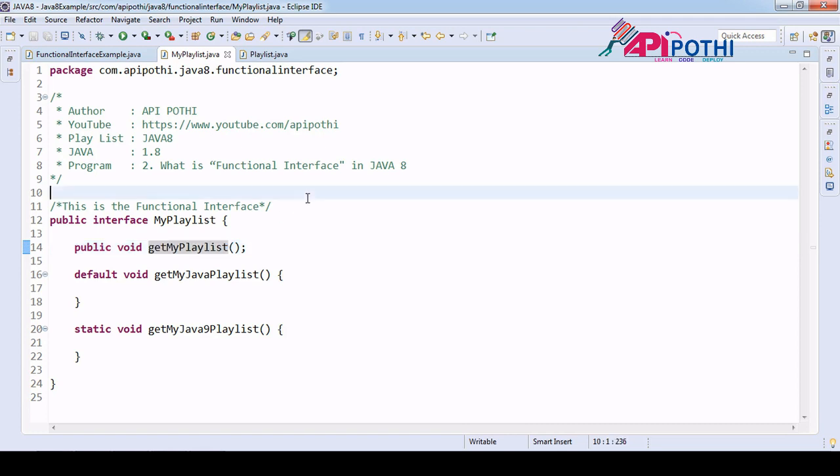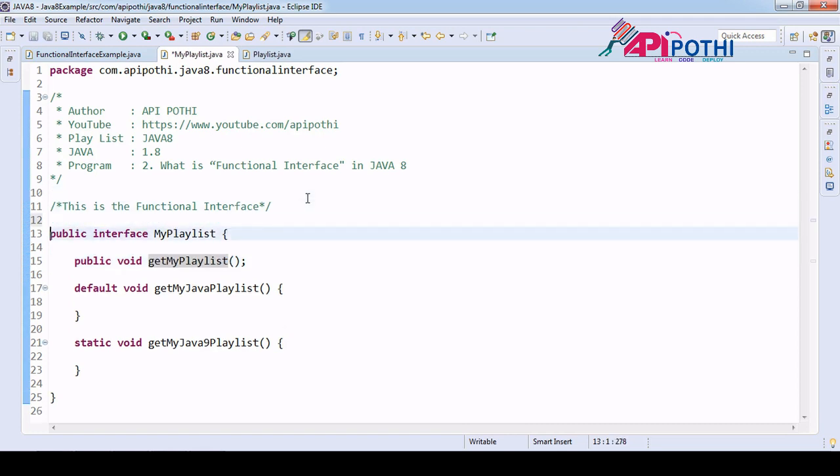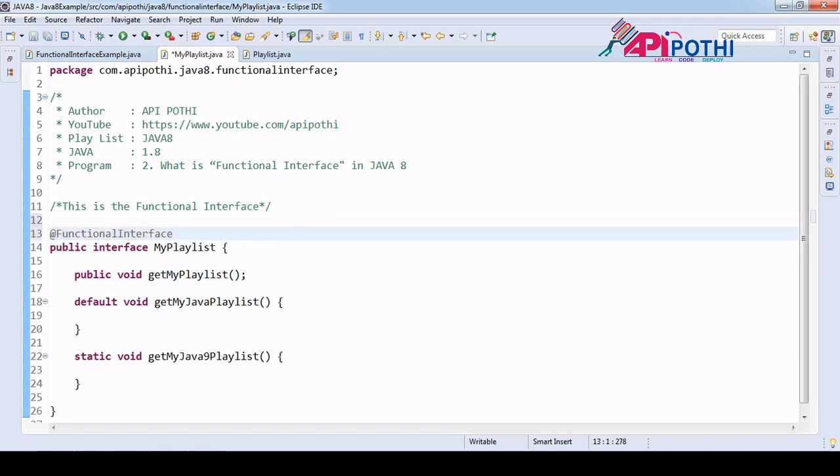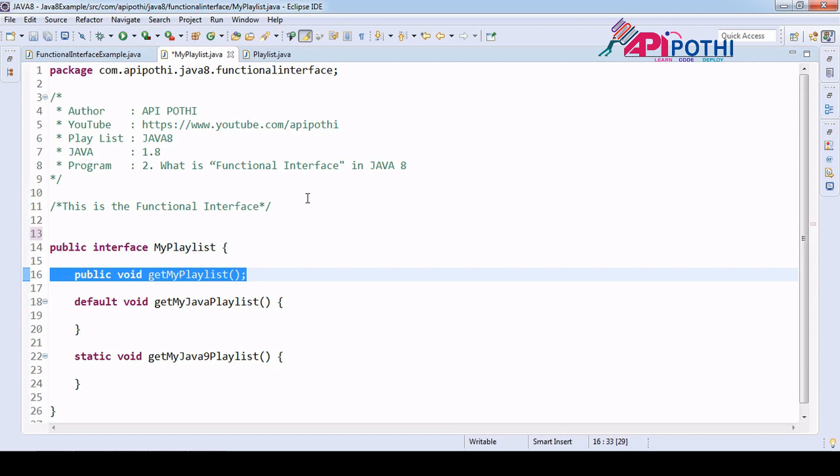Okay. So now coming to the one annotation called @FunctionalInterface. What is this annotation exactly all about? See, if you put this annotation here, your interface is still a functional interface since it contains only one unimplemented method.